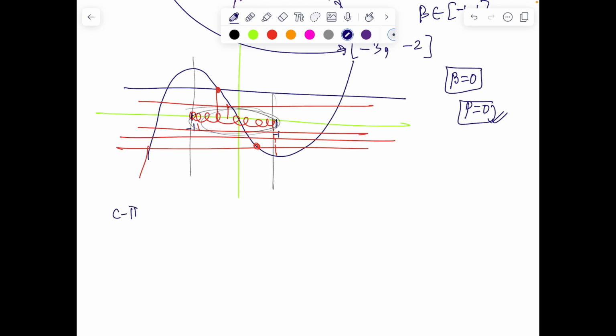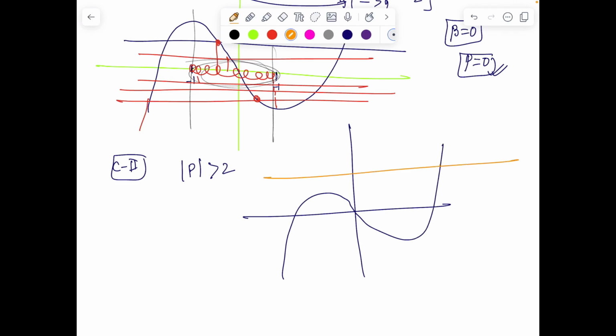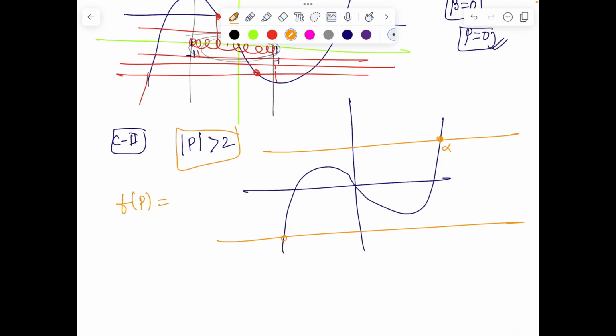Let's analyze case 2. If mod P is more than 2, under this condition alpha is the single root, right? Because graphically, if any value of P is more than 2 or less than minus 2, we'll have just one real root alpha. The other two roots will be imaginary. So under this case, Fp as we have defined is alpha square. Since alpha is less than minus 2 or alpha is more than 2,